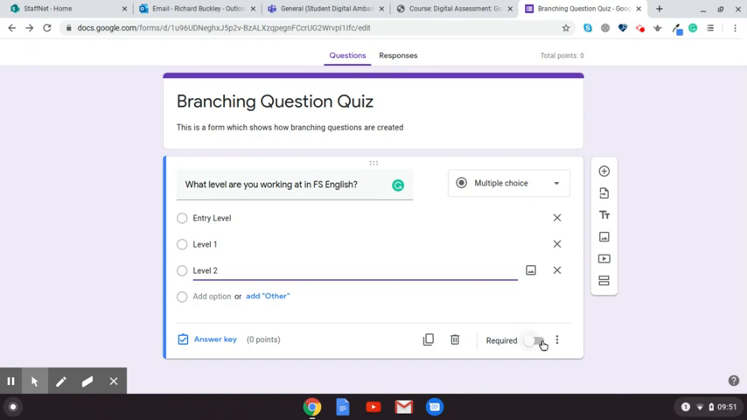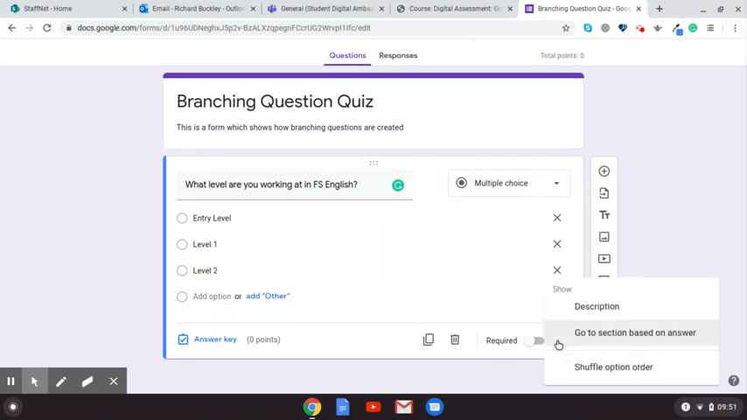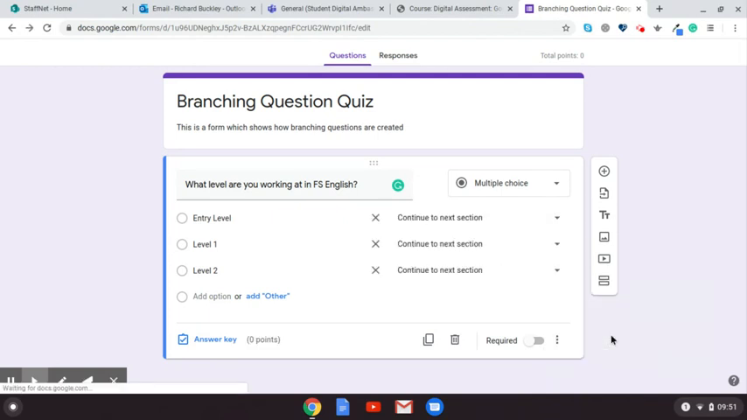So to do this, we go to the 3 dots next to required and click on go to section based on answer. This then brings out drop-down menus, and we can now point these questions to specific sections. So before we do that, we need to create the sections that we want to add. Using the question bar here, the last icon there, which looks like an equal sign, is add section. So if we click on there,